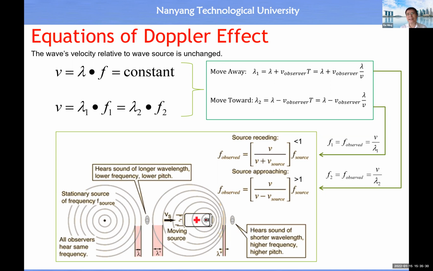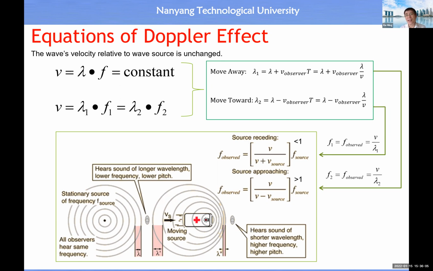So actually, the equation is quite simple. You remember the wave, with respect to the source, has a constant velocity. So it travels at a constant velocity. It's only when the source has a relative velocity with respect to the observer that this relative velocity will increase or reduce wavelengths, or increase or reduce